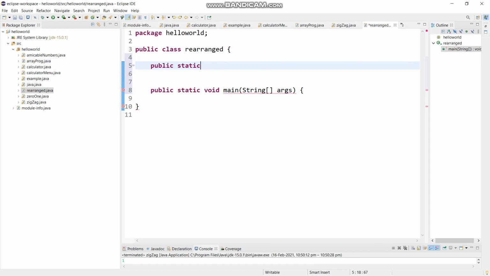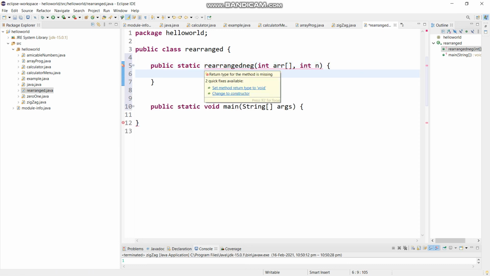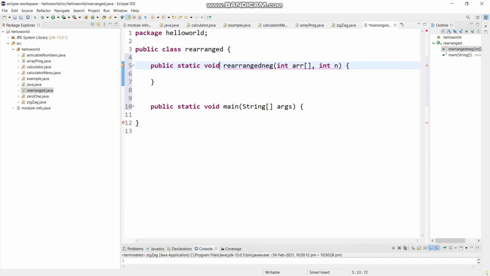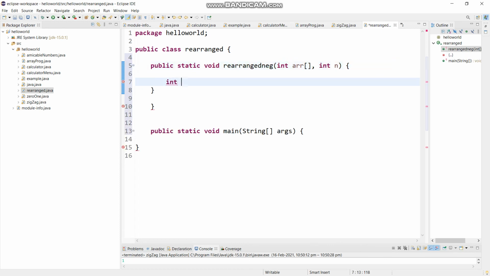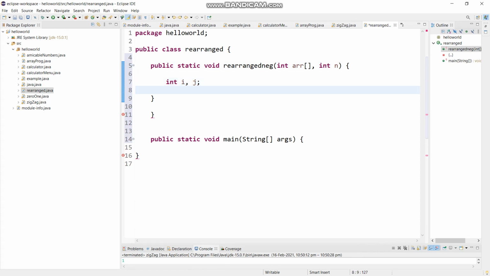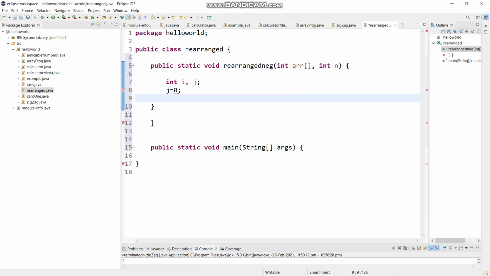Inside this I'm going to pass two parameters, which are the array element, and n for the length of the array, as you can see while I'm writing. Inside it, first I'm going to make it a void. After this, we are going to declare two variables of integer data type, that is i and j, where j equals 0. So we have initialized j, and then we are saying that